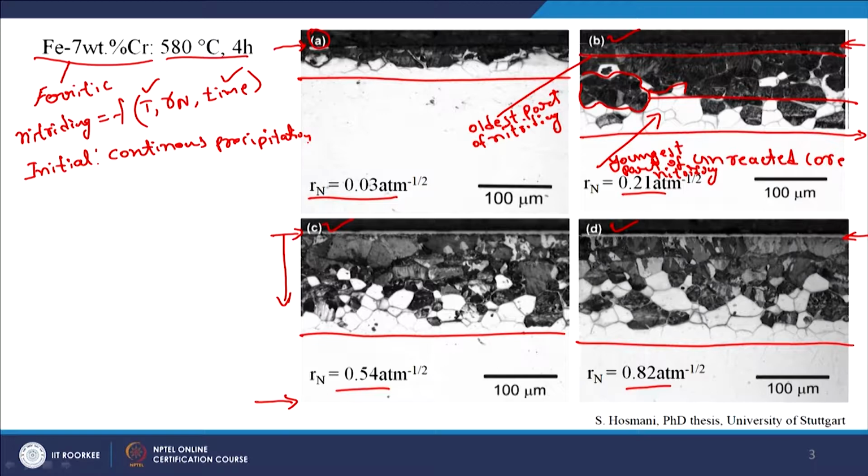This bright-appearing part is the youngest part, the one that develops initially. That is called the continuous precipitation layer. And then what you see as later developing, the oldest part, I call it the later developing, that is discontinuous